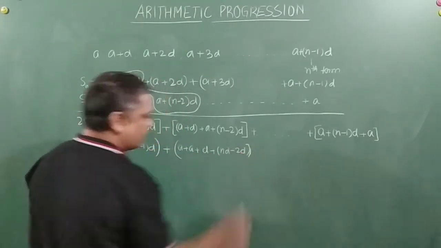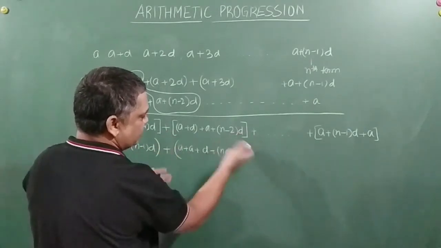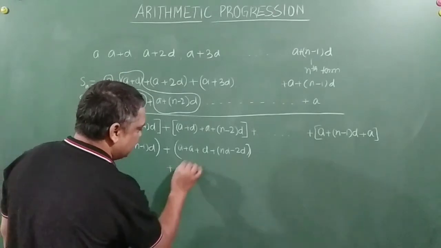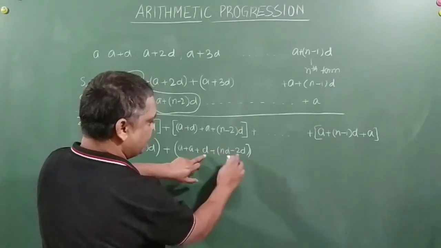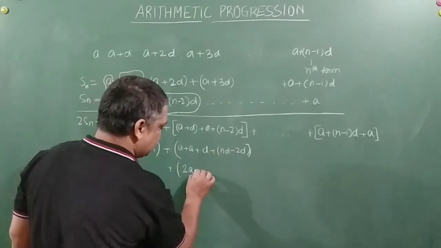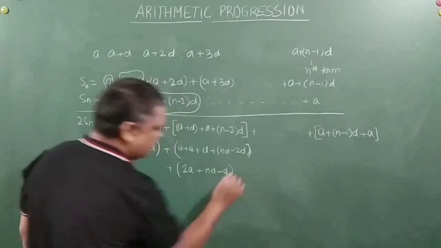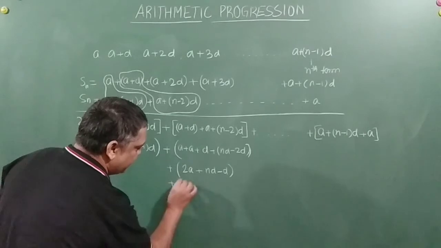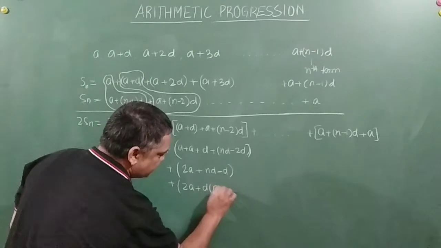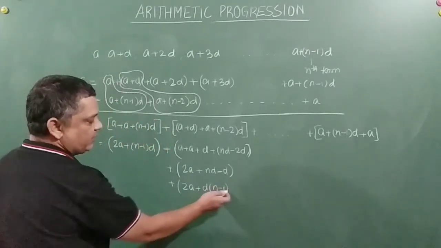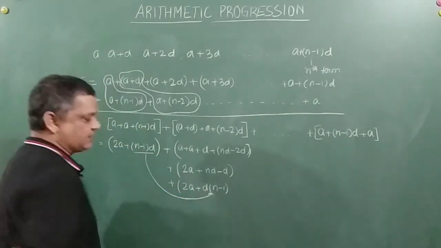I hope you got it. What I have done here is that I have basically added all three and then opened the bracket here. Now we will try to solve it. This becomes 2A, right? And see, this minus 2D and this is D. So this can be written as n D minus D, right? So which can also be written as 2A plus, if I take D common here, this becomes n minus 1, right? So n minus 1 D, where see this term and this term both are same.